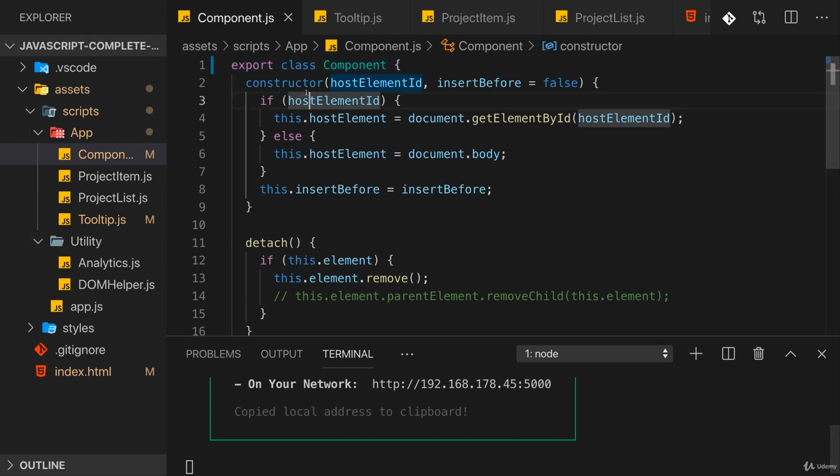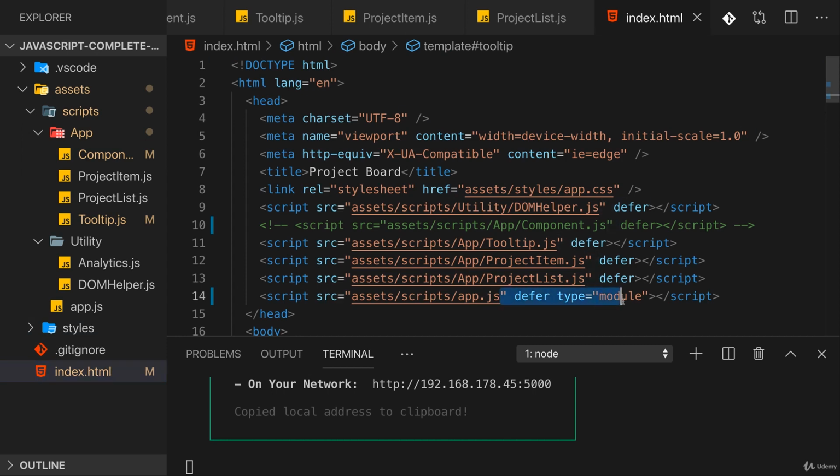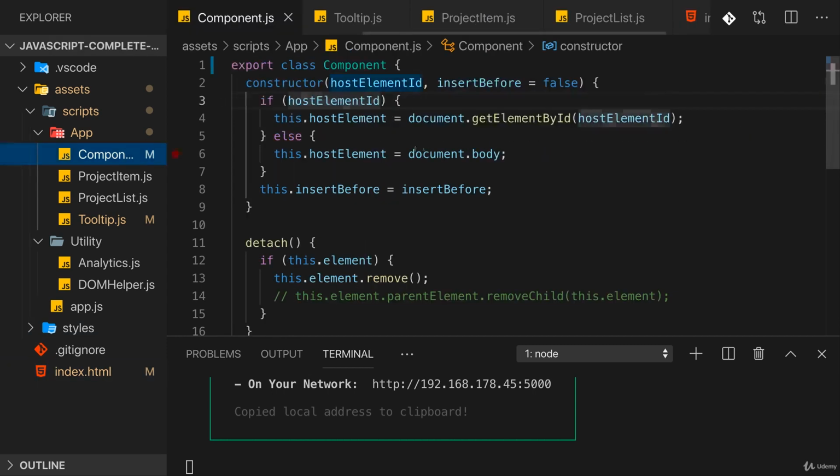So now let's fix this, or let's work on that. We have our server. We changed this app.js file to be of type module. So now let's make sure we use this exported component, and we use it by importing it somewhere. Exporting it is one path, but that still does not make it globally available. It just means that we can now import the exported thing,